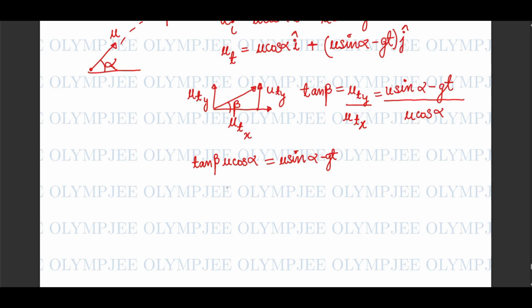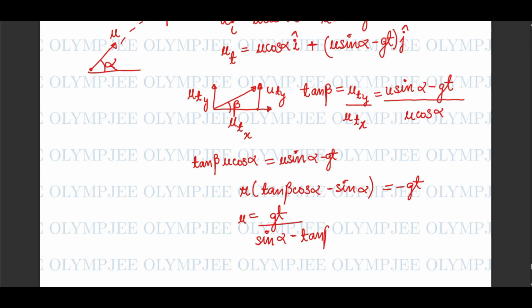So first let us combine the terms containing u. u into tan beta cos alpha minus sin alpha is equal to minus gt. So u will be gt by sin alpha minus tan beta cos alpha,